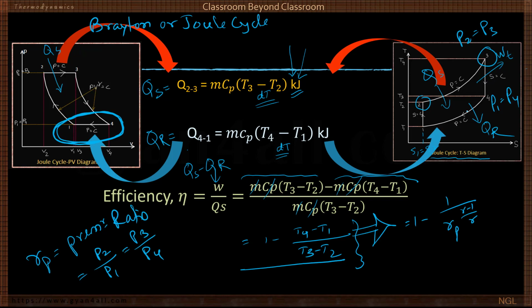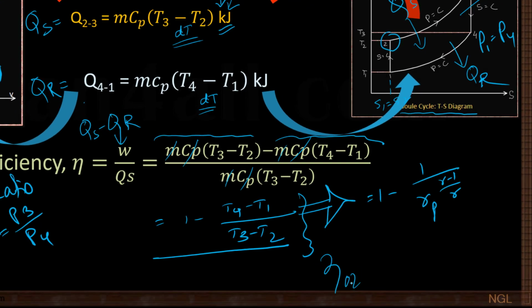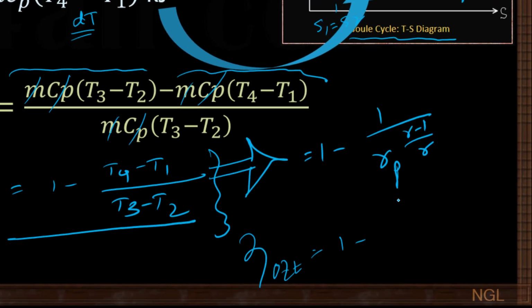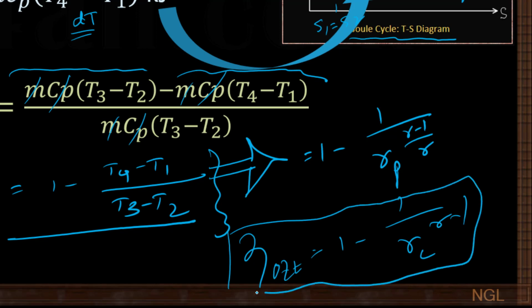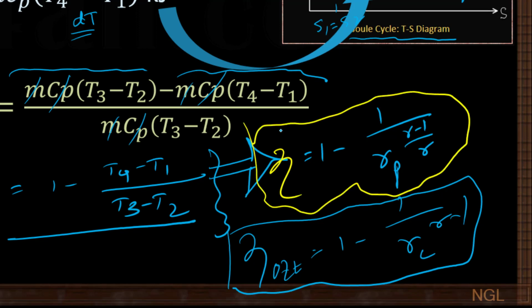In the Otto cycle we got efficiency of the Otto cycle as 1 minus 1 by Rc to the power gamma minus 1. Okay, can you remember this one? And the efficiency of the Joule cycle is equal to 1 minus 1 by Rp to the power gamma, and there is very little chance that you will get any